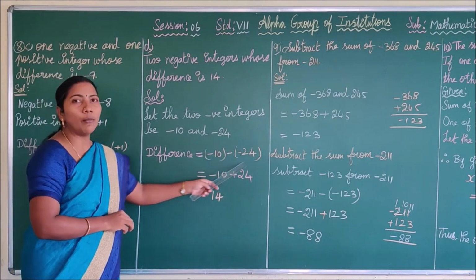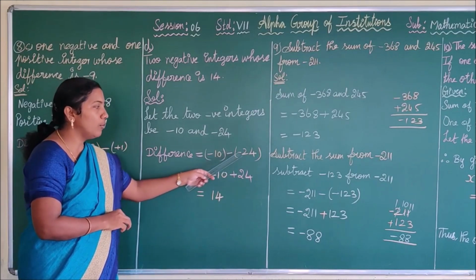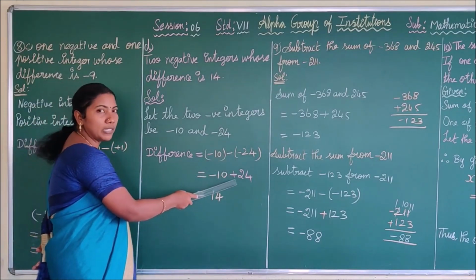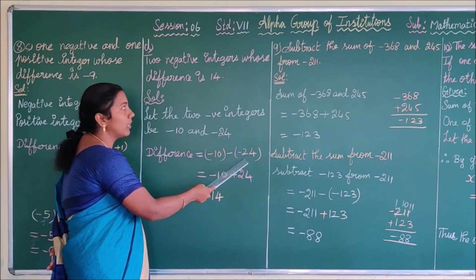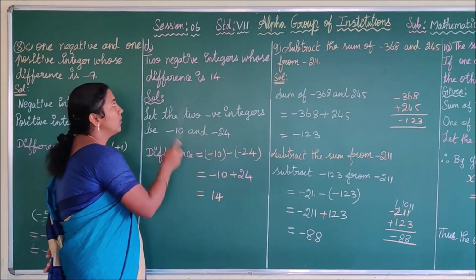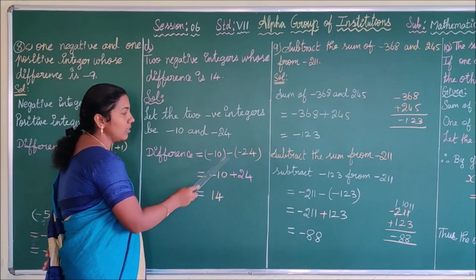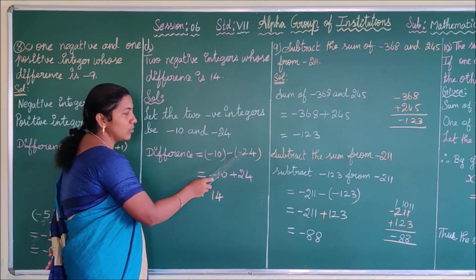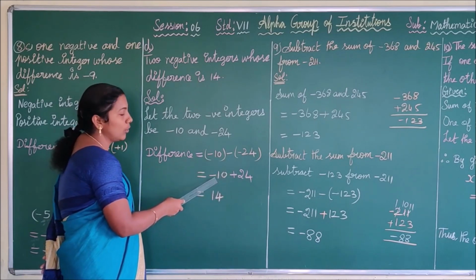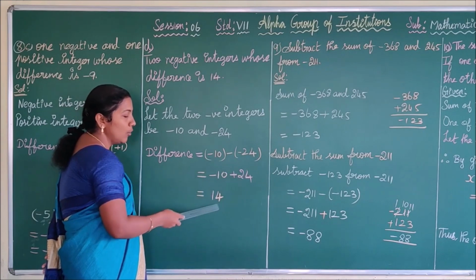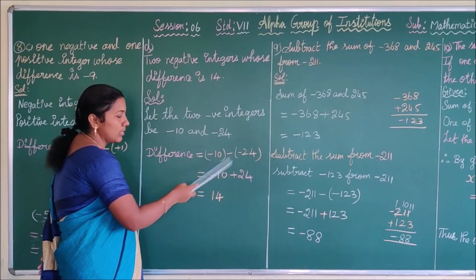While you are arranging the numbers, secondly you have to write the larger number, because while removing the bracket you get the symbol plus here. That is, first you have to write the minus 10, minus of minus 24. But why are you writing minus here? Because in the question they have given the difference. So you are writing minus here. That is minus 10 minus minus 24. That is minus into minus, plus 24. That is, given two integers are of opposite signs. So you have to subtract the smaller number from the larger number. You get the answer 14. Thus we have found the two negative integers whose difference is 14.